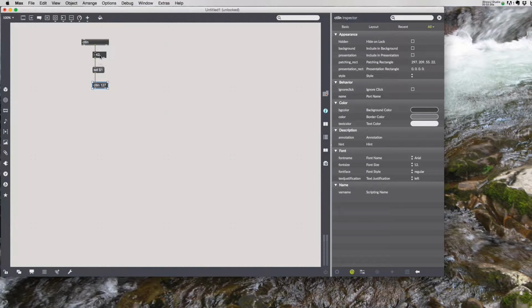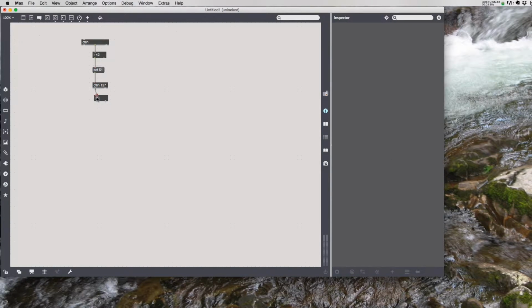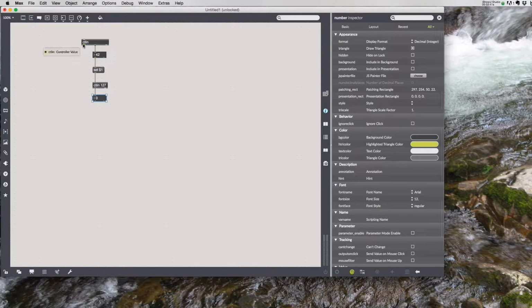What happens when it gets a controller number moving in is it's going to replace the argument for this control-in. So if I just moved 42, let's hook up now. If I look at the number box, this is my controller value, same thing that would have been out of the first outlet here. So if I go back to the mod wheel, it moves. If I go back to the slider number 40,